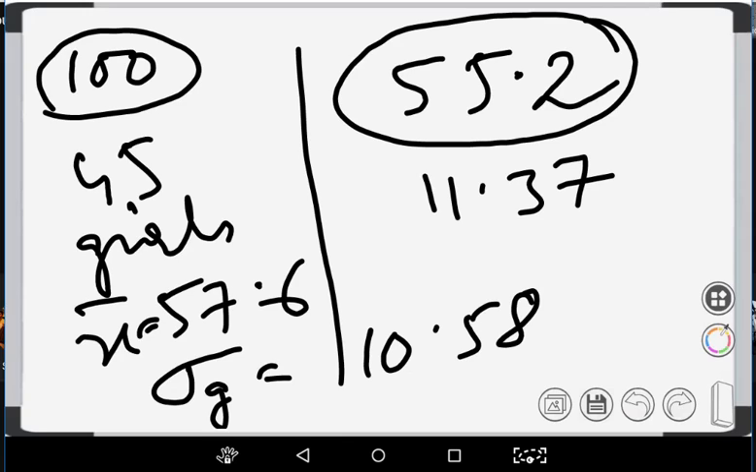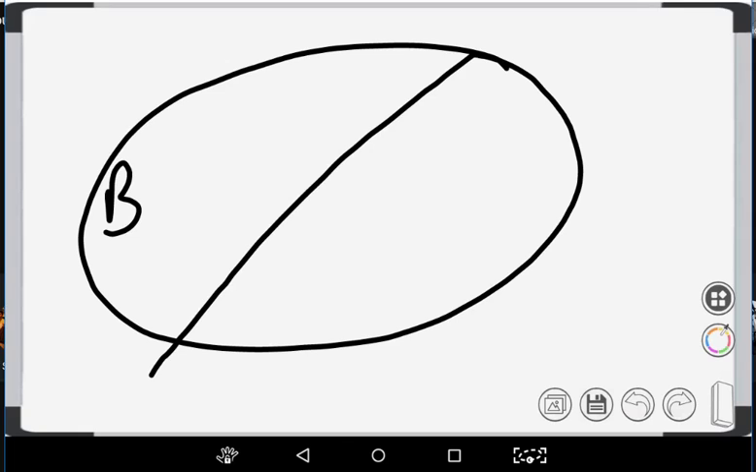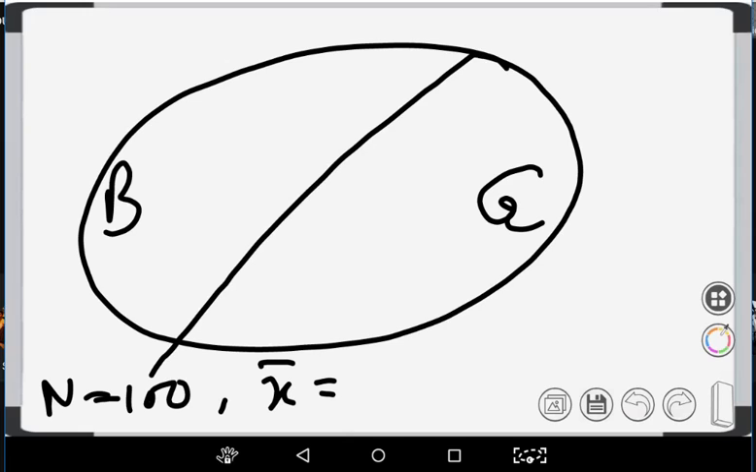I'm repeating the data again. So I have how many total? 100 students. These are boys and these are girls. So for 100 students, that means n equals 100. What is the average marks for all the 100 students in mathematics? X bar is 55.2, and the standard deviation is